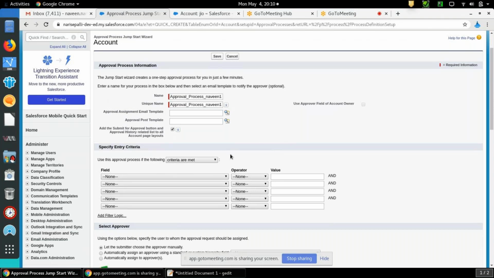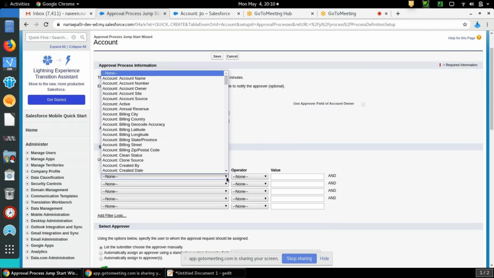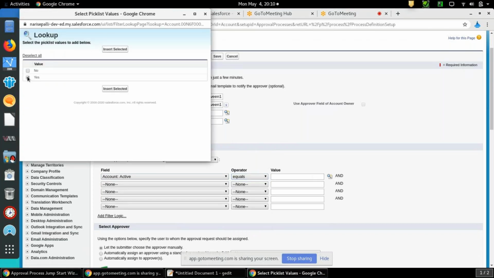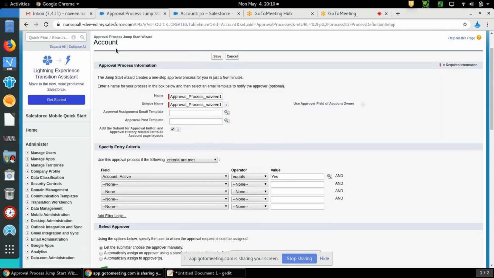So for the criteria I'm mentioning, suppose my account active is the entry criteria, equals yes. So for whichever account gets created, if it is active, then only it should enter the approval process criteria.